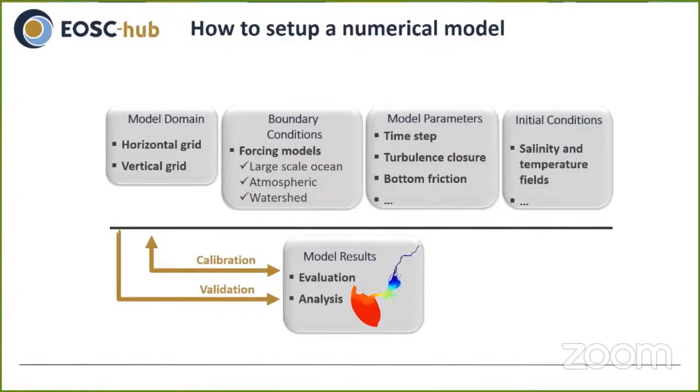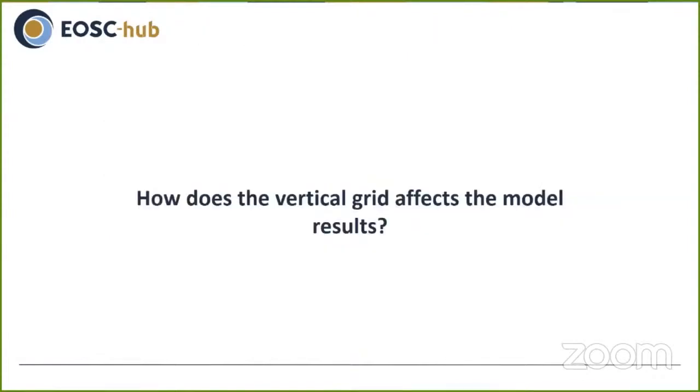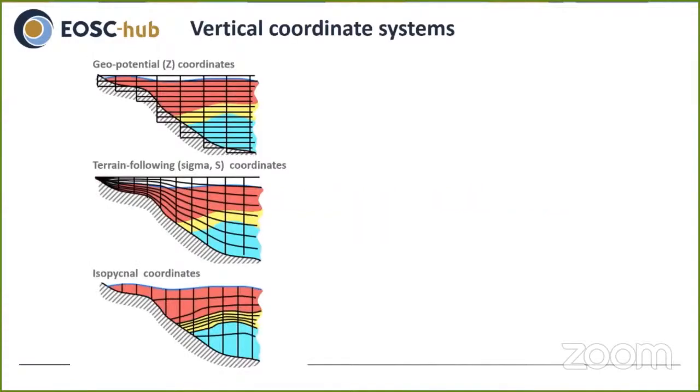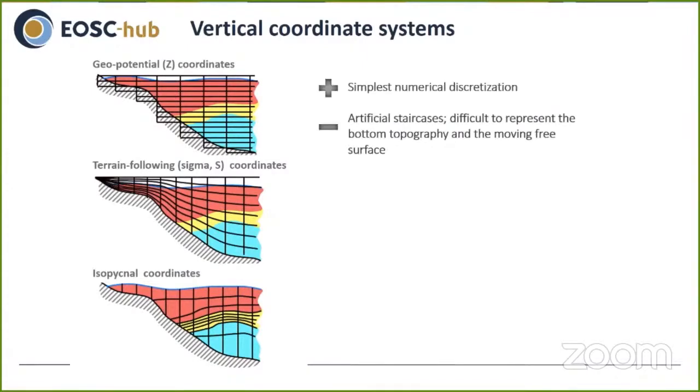Since the focus of this lecture is 3D coastal processes, further details about the vertical grid will be discussed in the next slides. So, how does the vertical grid affect the model results? Three vertical coordinate systems are commonly discussed, with advantages and disadvantages among them. Geopotential Z coordinates present the simplest numerical discretization. However, this vertical coordinate system can lead to artificial staircases, and it's also difficult to represent the bottom topography and